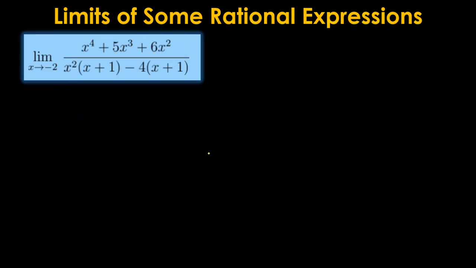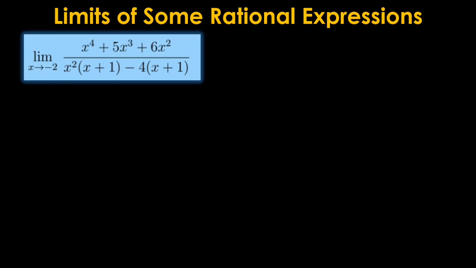Let's move to this third problem. The first thing we do is to check our denominator. It becomes 0 when we plug in x equals negative 2. So we have negative 2 squared is 4. Negative 2 plus 1 minus 4. Negative 2 plus 1 is negative 1. Negative 1 times 4 is negative 4. And this is negative 1 here. Negative 1 times negative 4 is positive 4. So this is 0. So it won't work. So we need to use something else